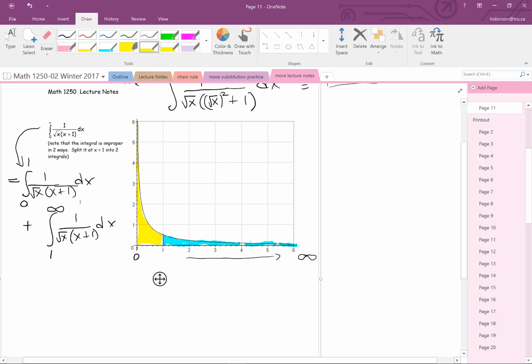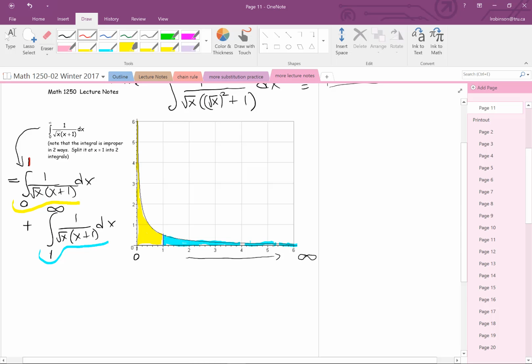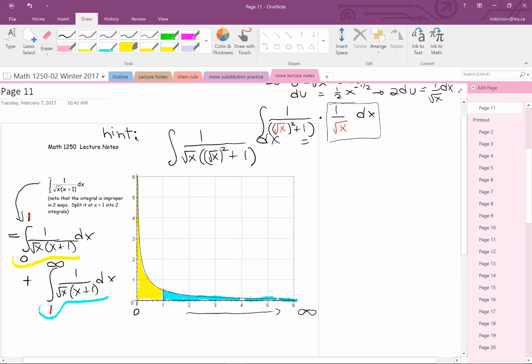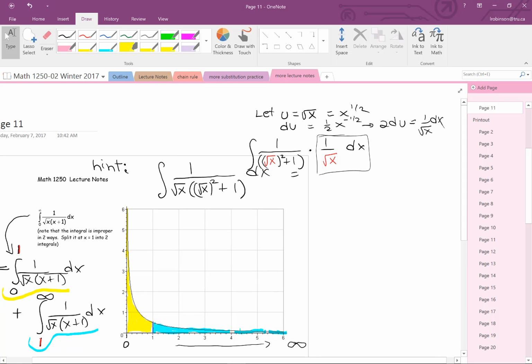So that's the first one, and this is the second one. But as I say, I just chose 1 arbitrarily. You could have divided it at any positive number. Now, yesterday I showed you how you can find the antiderivative. The way it's written with the root x could easily have been distributed over the x plus 1. But the way it was written with it not distributed is sort of a hint, because remember, d by dx